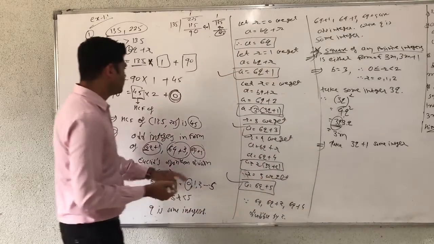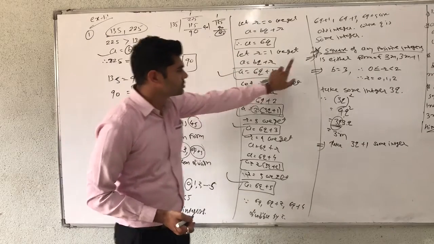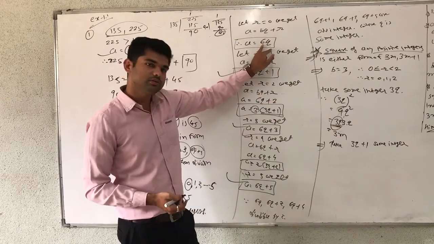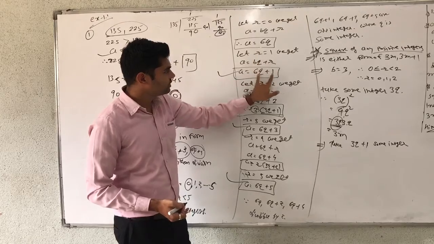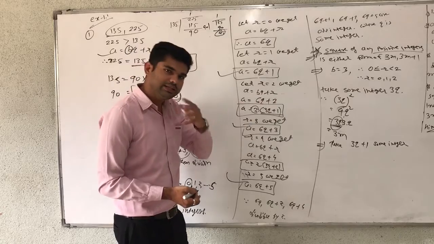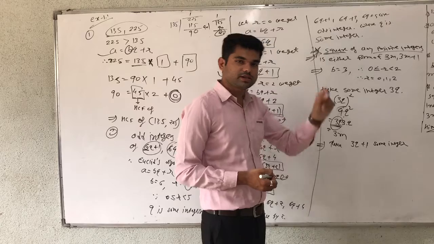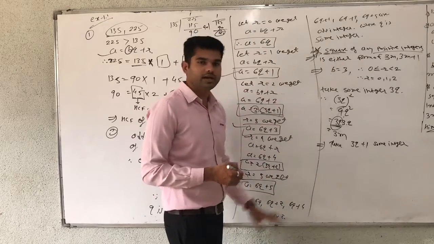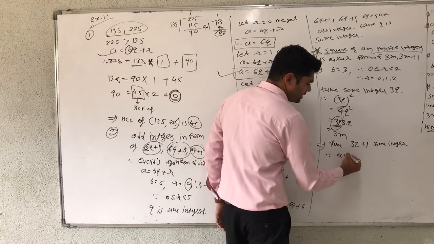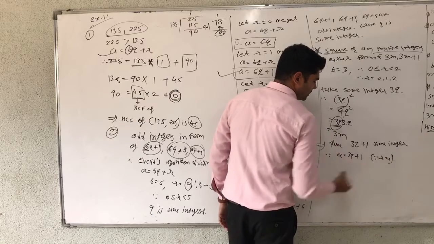In a similar way, here we take a is equal to bq plus r. Now b is equal to 3. Therefore r equal to 0 gives 3q, r equal to 1 gives 3q plus 1, and r equal to 2 gives 3q plus 2. We have to square all these values, because the instruction is to take the square and find the answer. So a is equal to 3q plus 1, because r equal to 1.